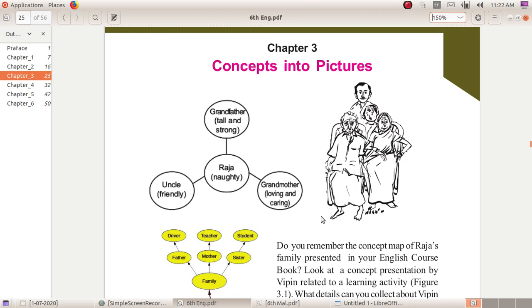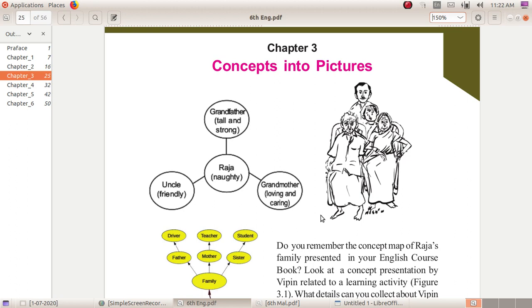Do you remember the concept map of Raja's family presented in your English course book? Let's create Raja's family concept map in LibreOffice Draw.